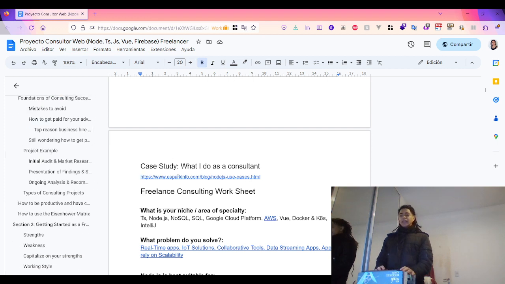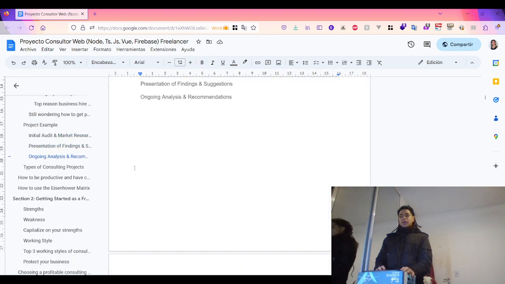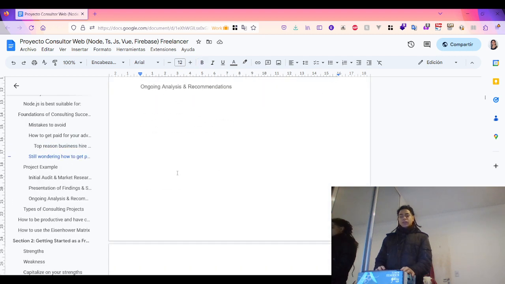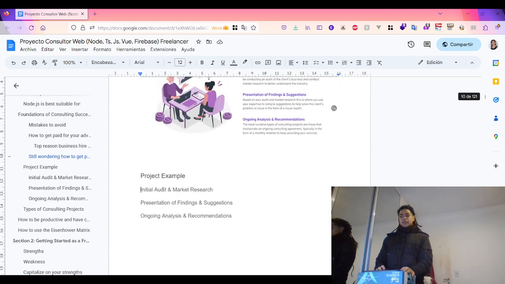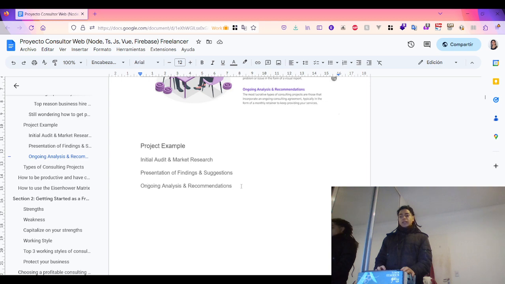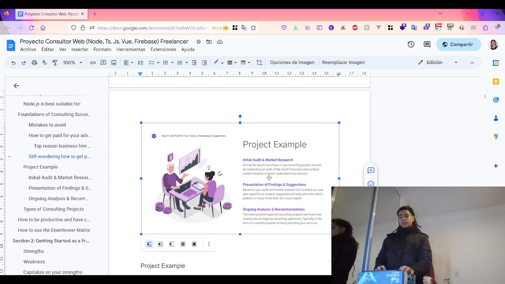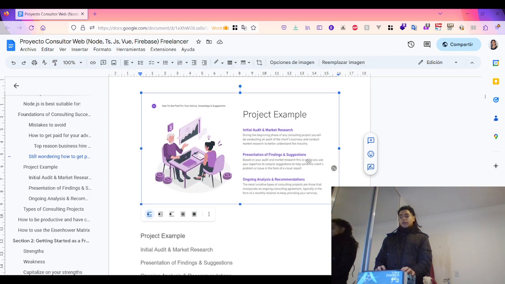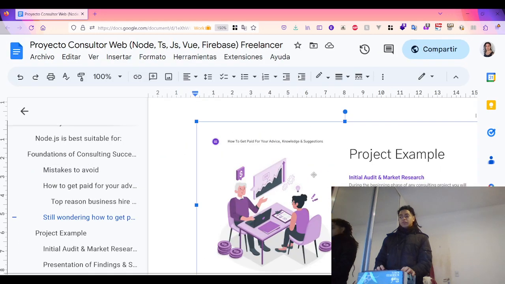So with that, I then looked at the consultation tips. Let me recap here the project example as I did. Right, so: initial audit and market research, presentation of findings and suggestions, and ongoing analysis and recommendations, which is here. So if we zoom in here,